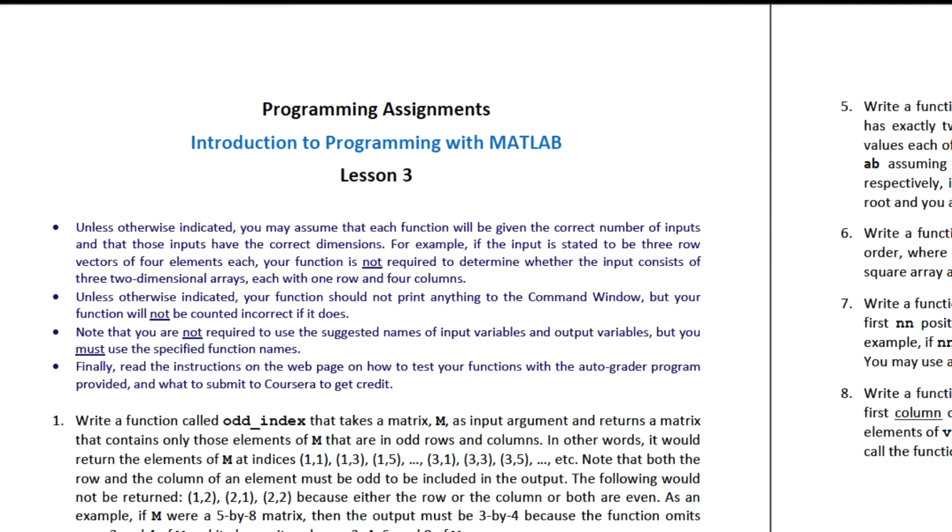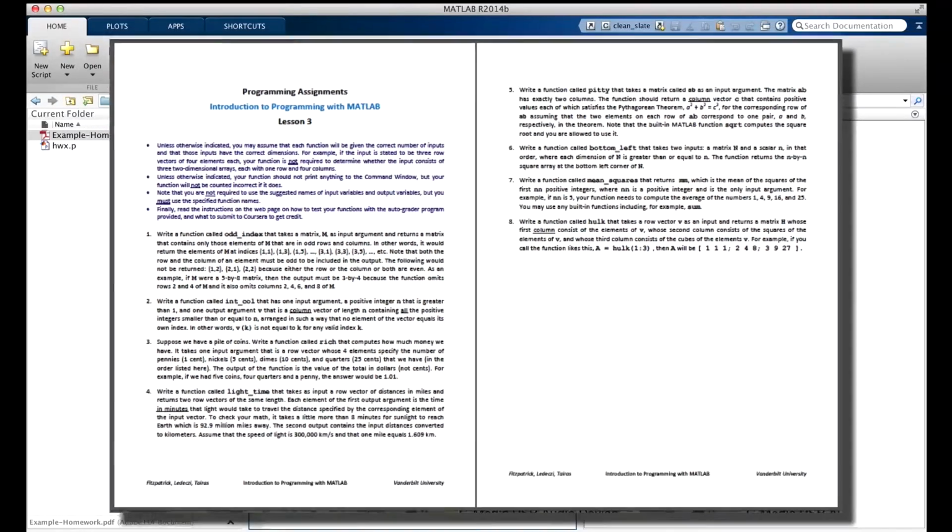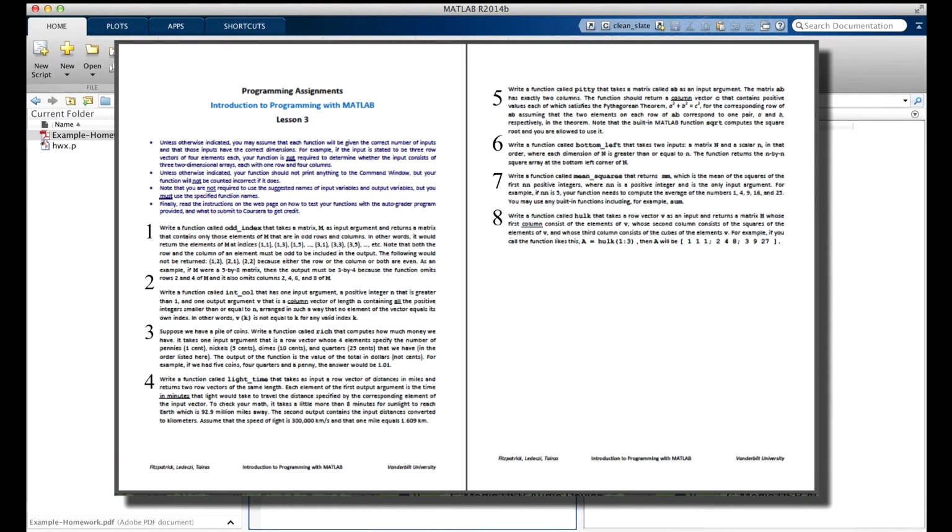We use the word homework because you do the work on your own, and that usually means you'll be doing the work at home. Of course, you may be doing the whole course on your own at home, but that's what we call them. Each one of these homework assignments consists of no more than 10 problem statements, and you'll solve each of these problems by writing MATLAB code.